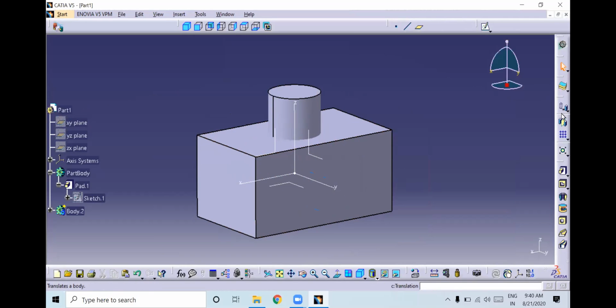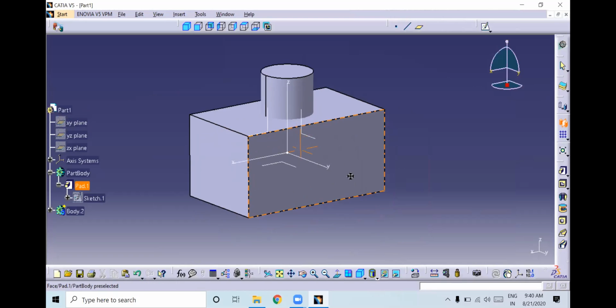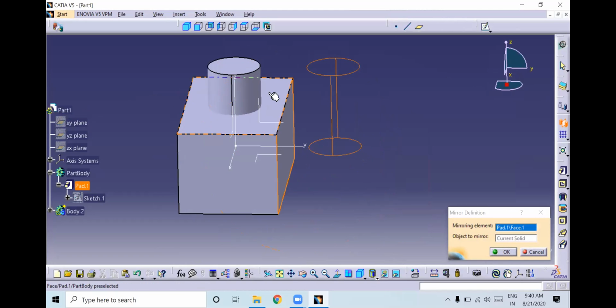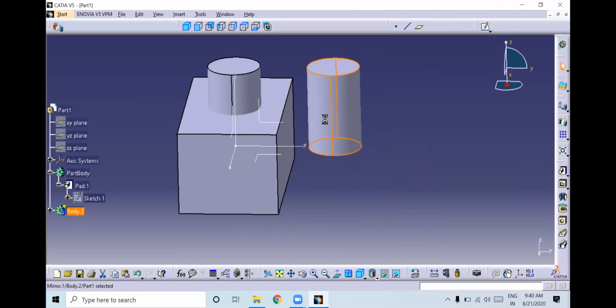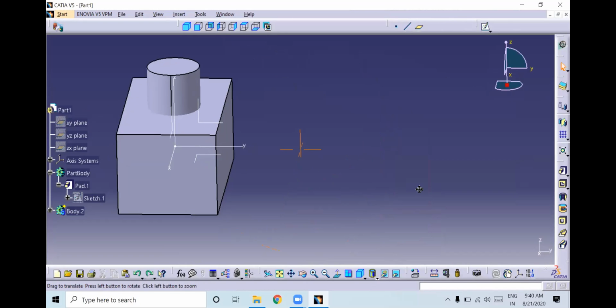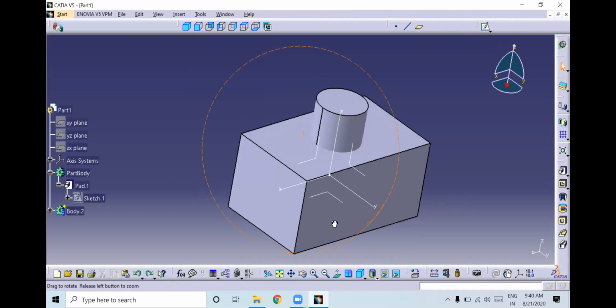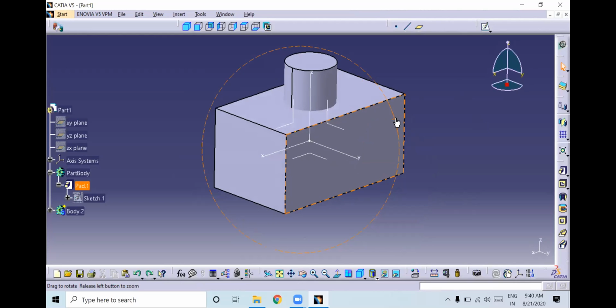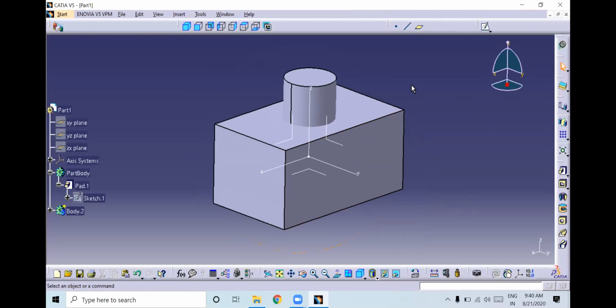Now if you go to mirror, see here, you are getting only this part, right? It will come only when you insert a new body. If you don't insert a new body and directly create a feature, the entire body will be selected and the entire body will mirror. Okay. So once again I will show you. Go to mirror.